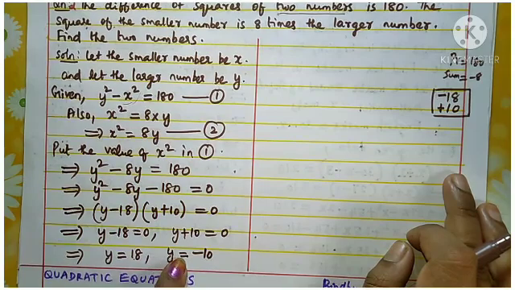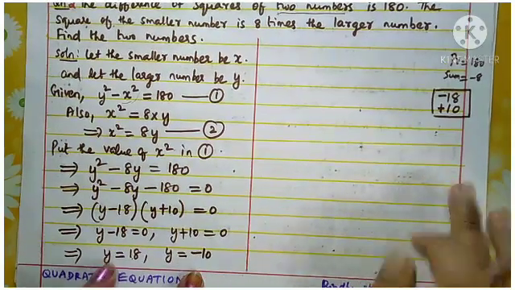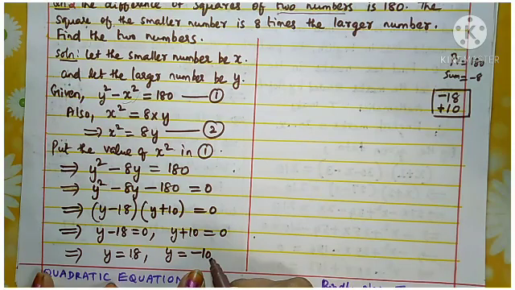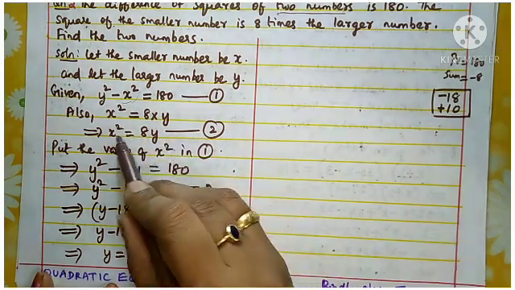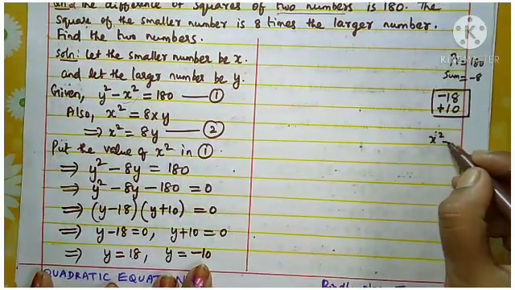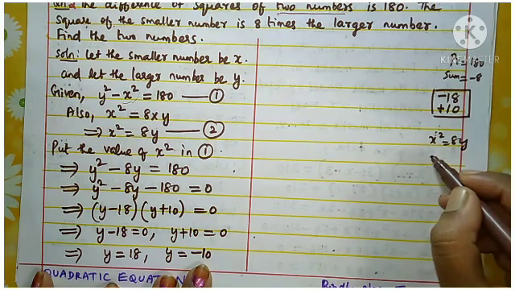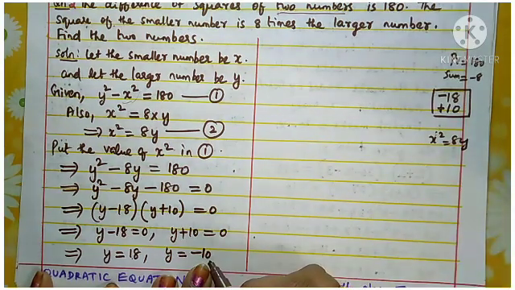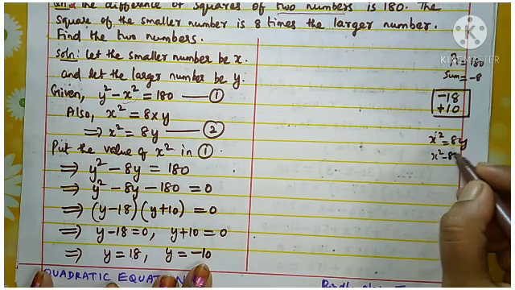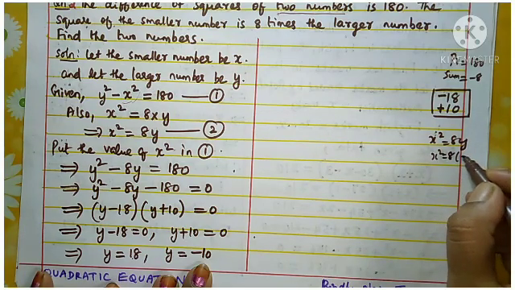But here y equal to a negative value is not applicable, because when you put this y value in this equation, that is x square equal to 8y, understand? We have x square equal to 8y already. So when you take this value of y, that is 8 into x square is equal to 8 into y value, if we take